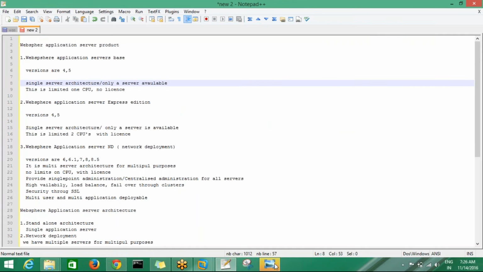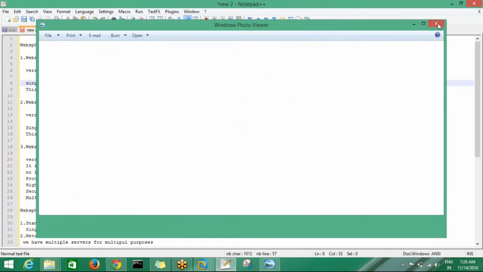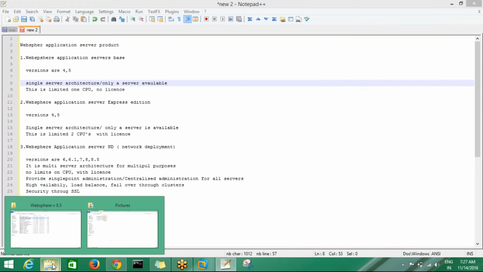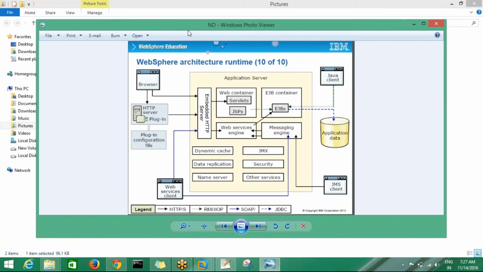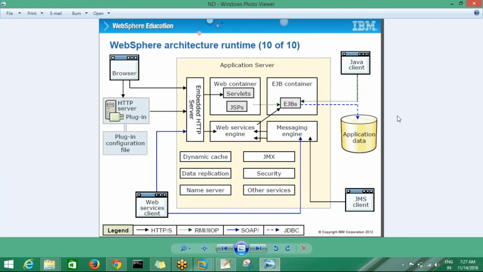Okay, and coming to network deployment architecture. Okay, so this is network deployment. If you observe here in the middle, we have a standalone server. We already know about the standalone server, and here some features are added, like the browser.